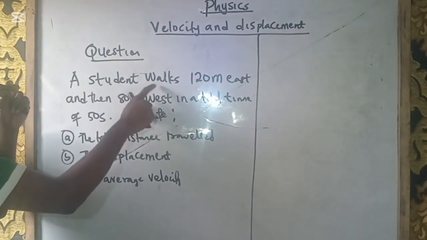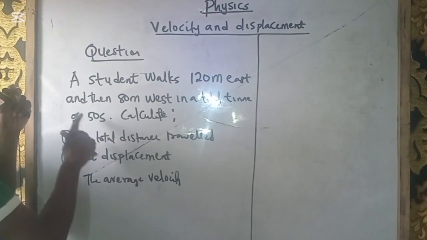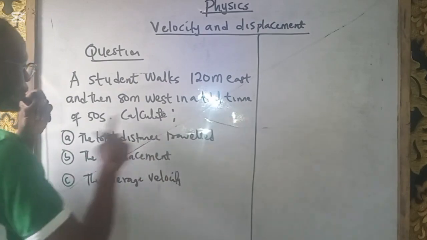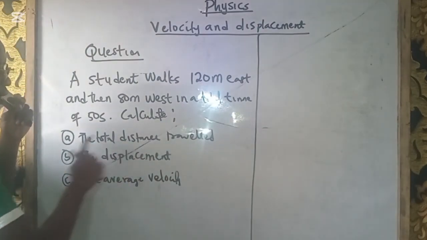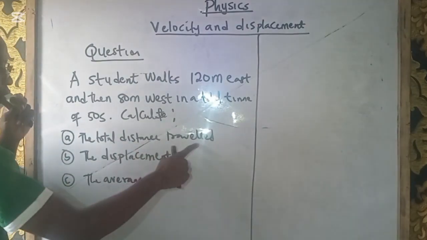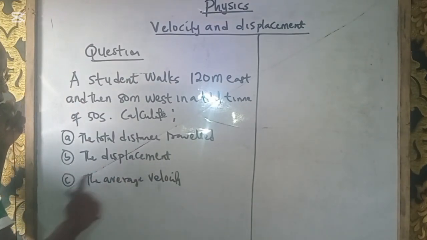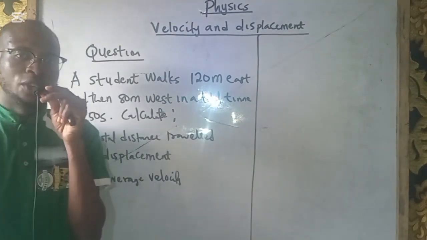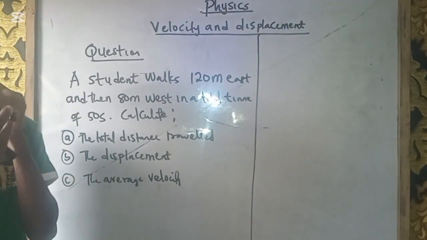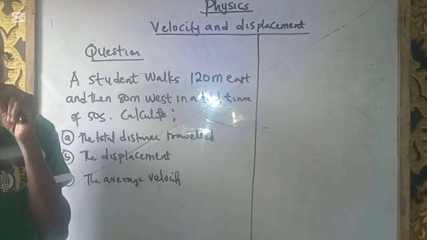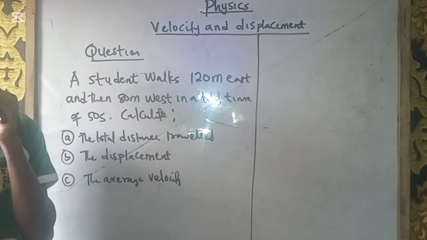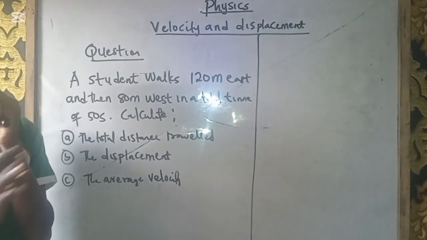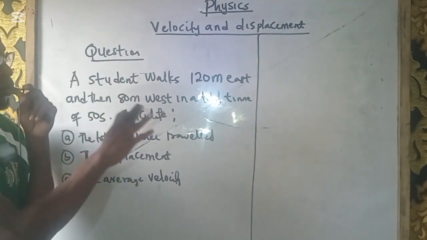A student walks 120 meters east and then 80 meters west in a total time of 50 seconds. Calculate A, the total distance traveled, B, the displacement, C, the average velocity. Now, this particular question entails everything we have been saying on speed, distance, time, velocity, and displacement. Everything is here. So that is why it's good for us to finalize this topic with this